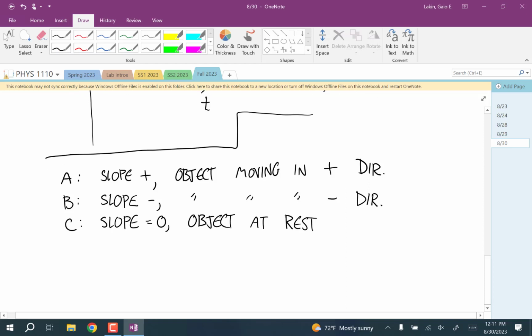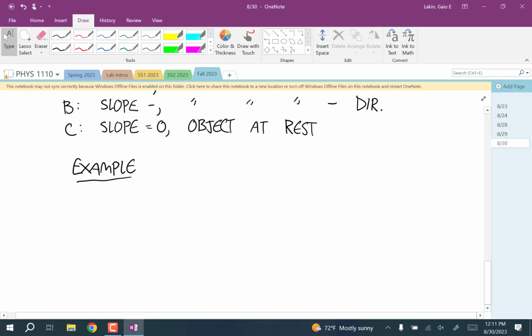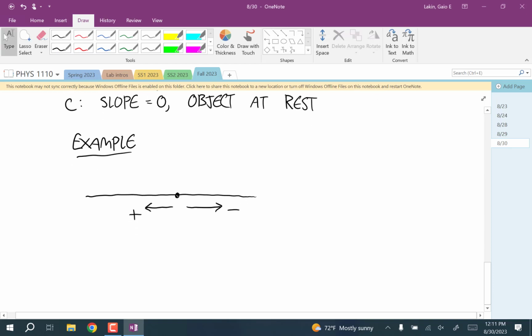Okay. So now I'm going to write a problem down, give you a little time to think about it, see if you can think through this. So we're going to be talking about a motion along, so let's say this is the motion. And we're going to say positive is that way, negative is that way. Okay? So this is like the real world. This is where the thing is actually moving. And then over here in math world on the position versus time graph,